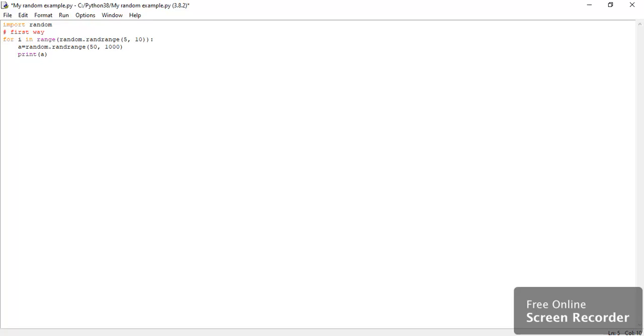Okay, so in this video, I'll teach you the random feature. Import random, and this is the first way. For i in range, random.range 5 to 10. So this will pick a random number from 5 to 10, and as you see, the for loop I've